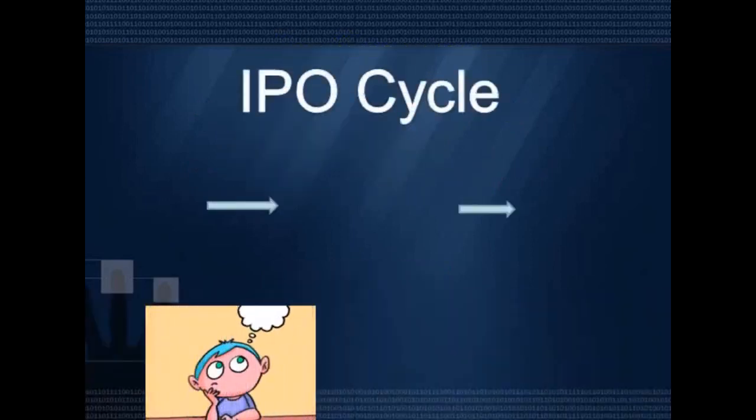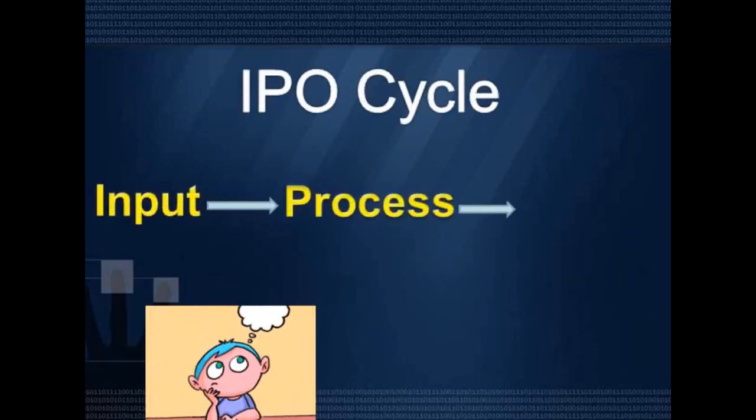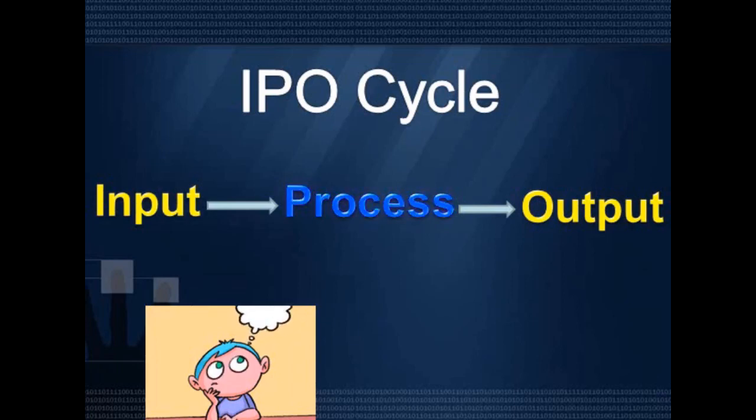Children, do you remember the working of a computer? We have learnt that a computer works on the input processing output, or IPO, cycle. Can you tell which one of the following steps is done by software? Yes, processing is done by software. It takes the input from the user, processes it and displays the output on the monitor. Thus, we can define software as a set of instructions given to a computer to do a particular work.